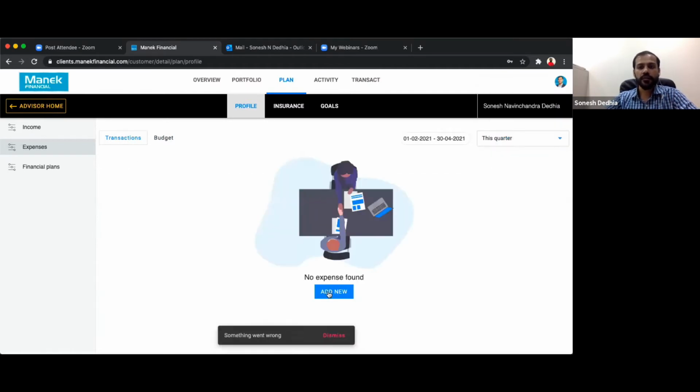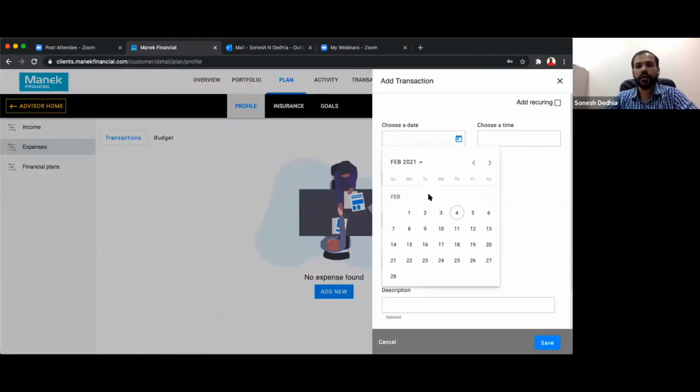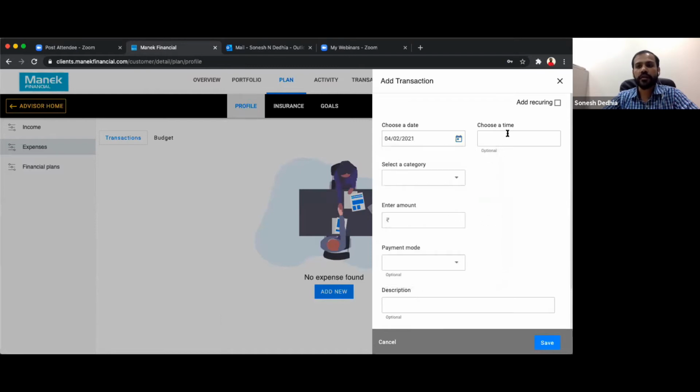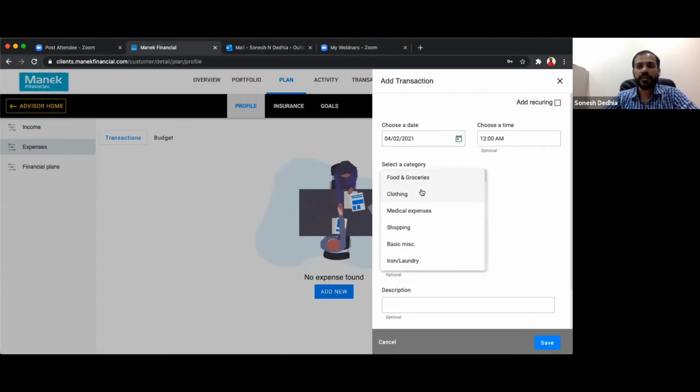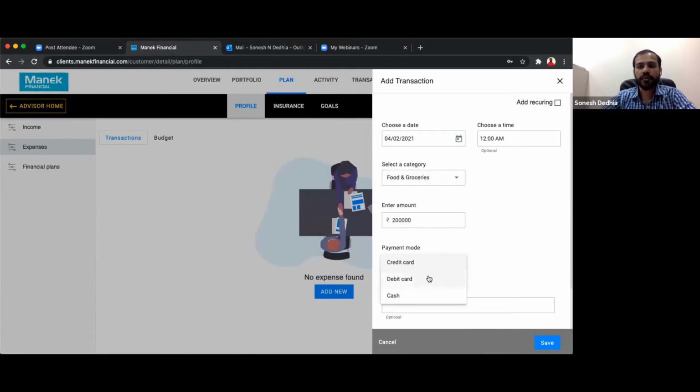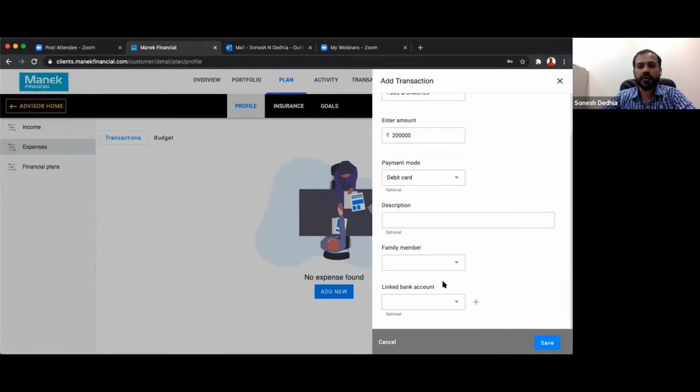So in this case, suppose I go and say that on this particular date, I choose a time, and I just say that in food and groceries, I spent only 20,000. And I say that the payment mode was debit card, along with all the other details like who spent it.